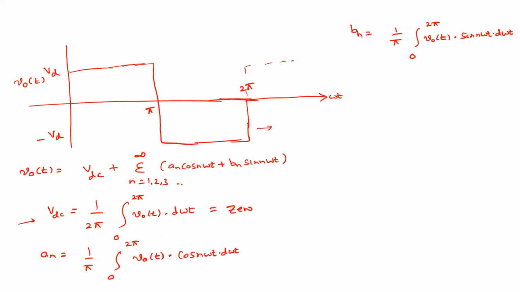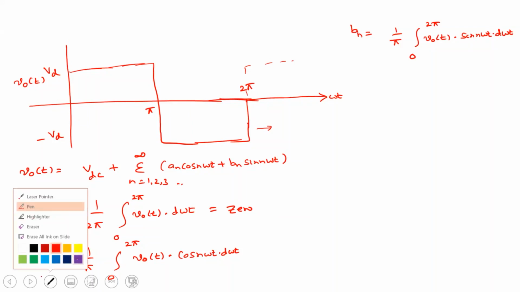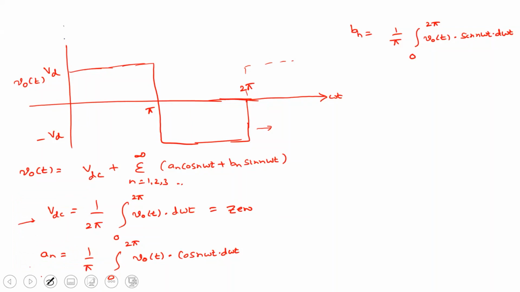So now we have two terms, two coefficients. One is the an coefficient and the other is the bn coefficient. So we have two coefficients, right? Let us assume that I take this as the reference, so there are some fundamentals. Let us assume I have considered this one as the reference. Okay. So what is the value of an?